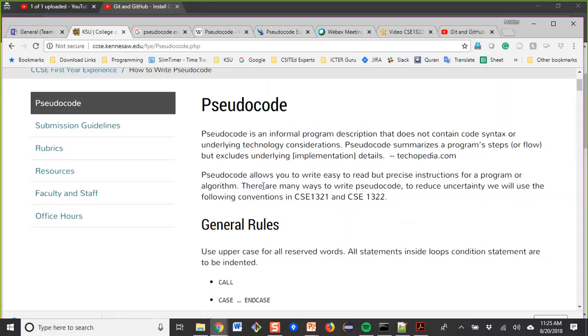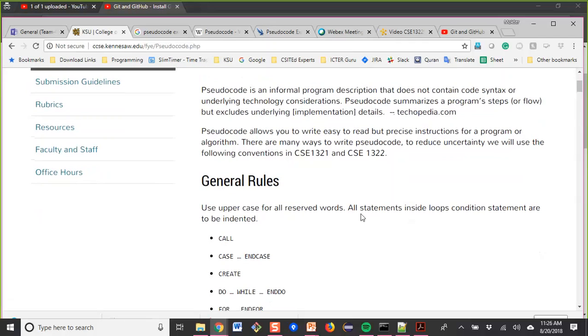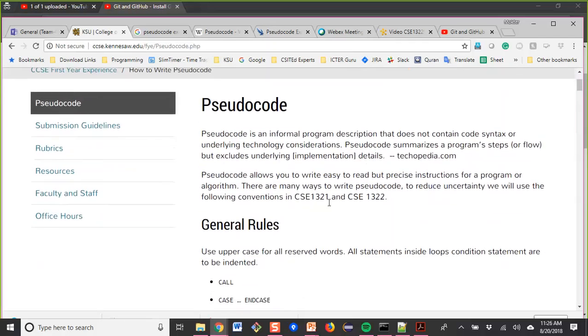There are many ways to write pseudocode. There is no single straightforward or hard-coded method. Writing pseudocode depends on different programming languages, and different institutions use their own pseudocode writing conventions.